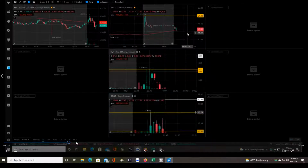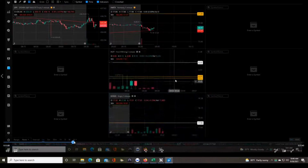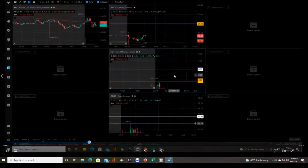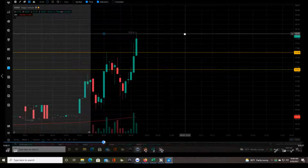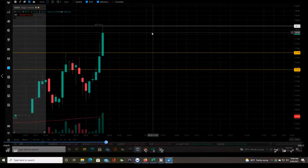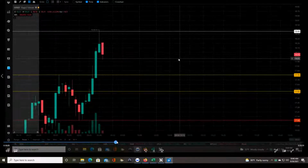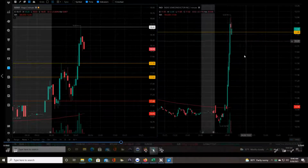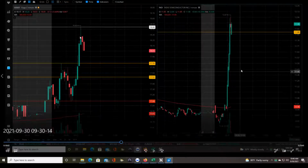GOGO looked like it was going to make a nice run this morning as well, but before I took a trade on GOGO, well, I did not take a trade on GOGO, let me say that right off the bat. I was looking to enter after a pullback, but I'll show you what happened a little bit later. So INDI, this was cutting it pretty close because GOGO just met my criteria to look for an entry,